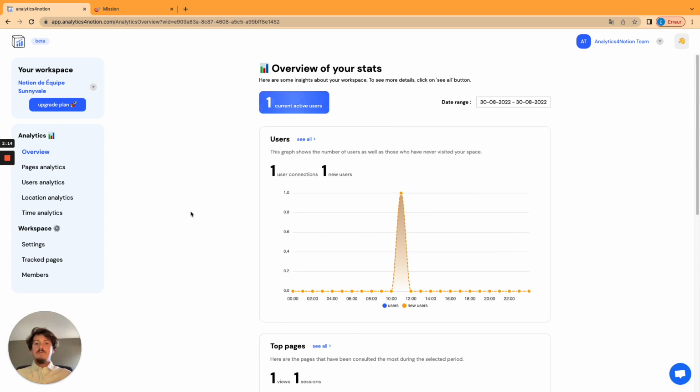All is done. Your Analytics for Notion account is fully configured and you can get all the data of your Notion workspace. In another video, I will show you the different parts of the application, so the analytics part, but also the settings part. If you have any questions, you can contact us with the chat app over here,